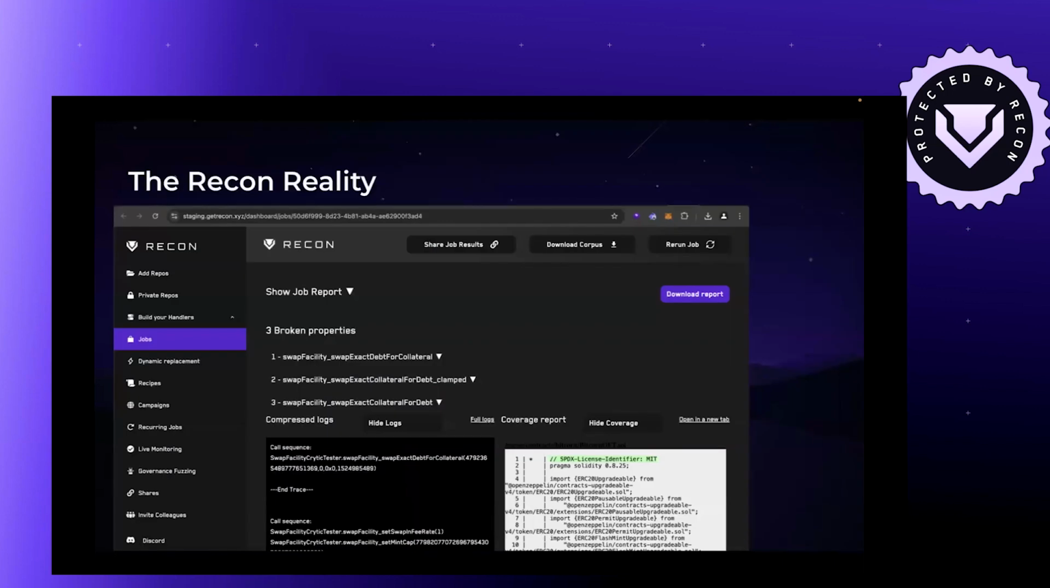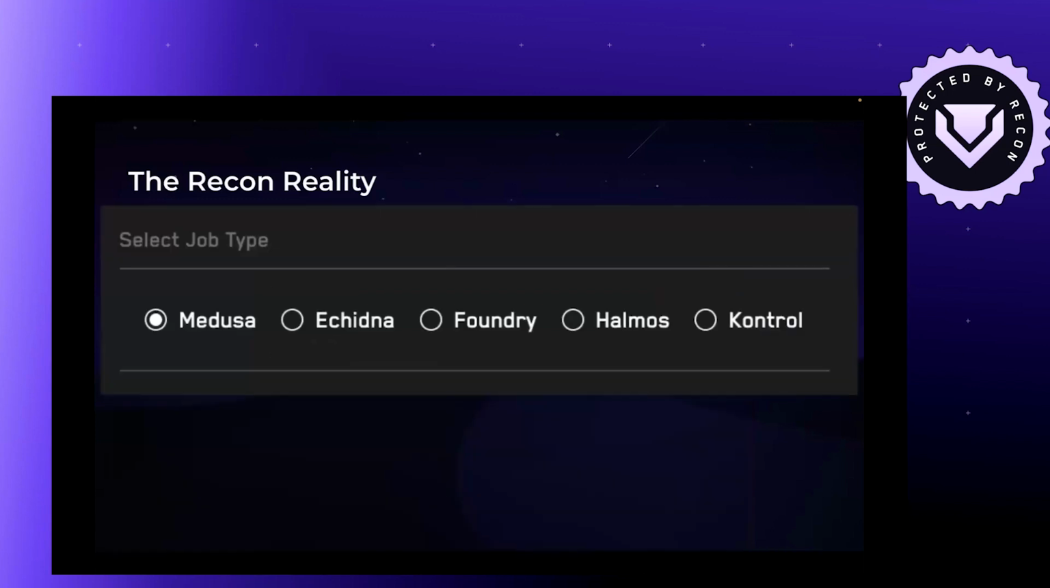We built a way to run this in the cloud. This is what our Pro panel looks like for Recon Pro. We fundamentally are running Echidna. As soon as we break a property, we show you the broken property and the repro. We have compressed logs, we have the ability to share a job, and we automatically generate a markdown report. Currently we support Medusa, Echidna, Foundry, Halmos, and Kontrol, although our workflow is mostly focused on Medusa and Echidna,